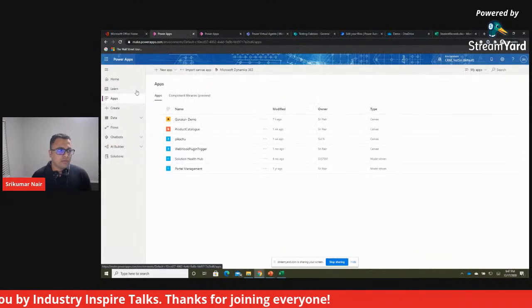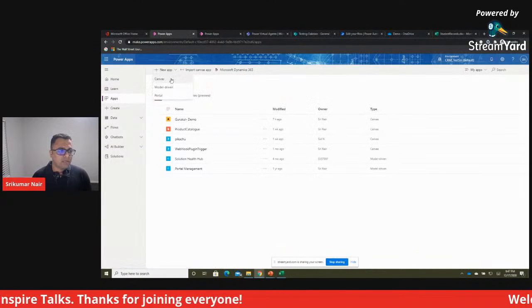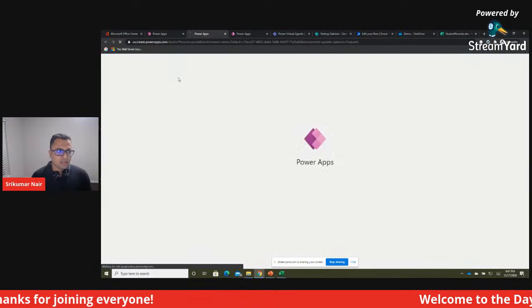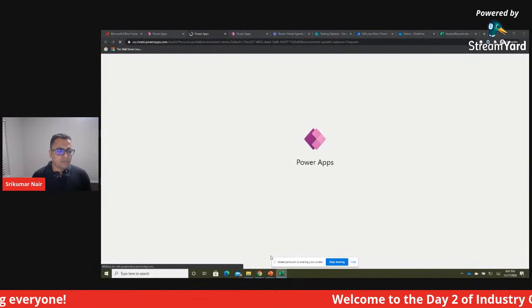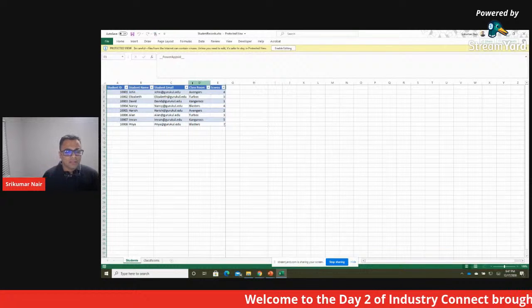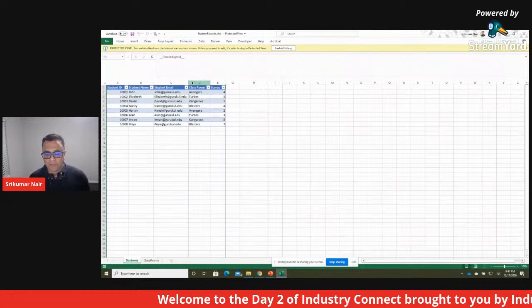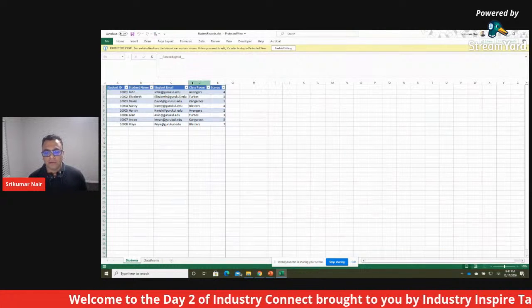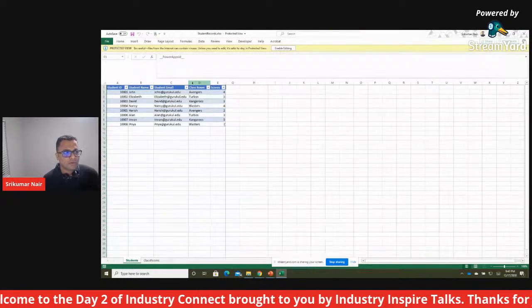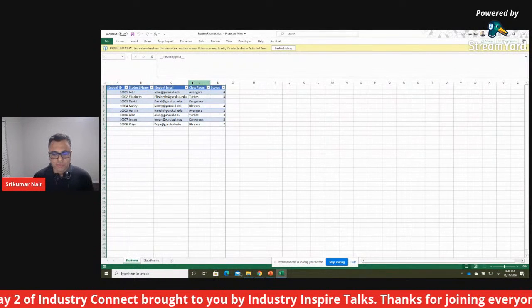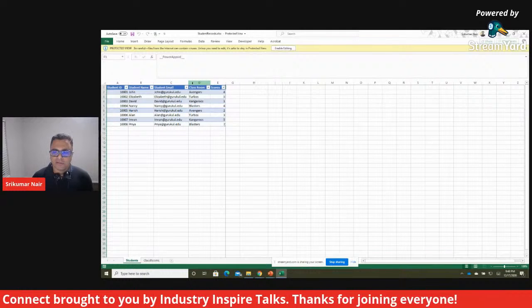So I will go into the apps and I will literally start with a new Canvas app. I'll just leave it here and then quickly come to some real world scenarios. Think about it as a place where you are trying to keep a track record of things. Think about Gurukul as being a school, a virtual school, where kids are trying to enroll.